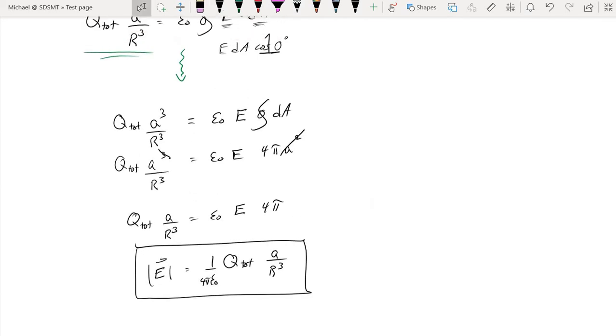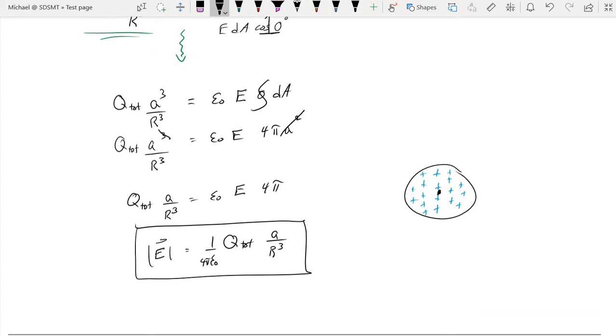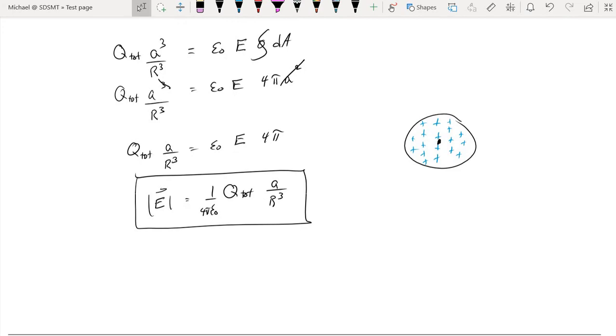Now, one thing that we should note is if we do in fact have this uniformly charged sphere with charge all the way through its volume, what happens if I try to measure the electric field right at the center of this sphere? So in that case, A is now equal to 0. Well, if I let A go to 0, I can see in the expression the whole thing will collapse to